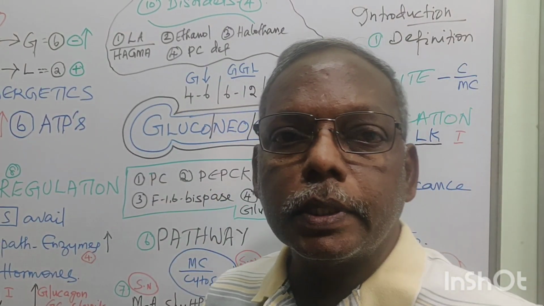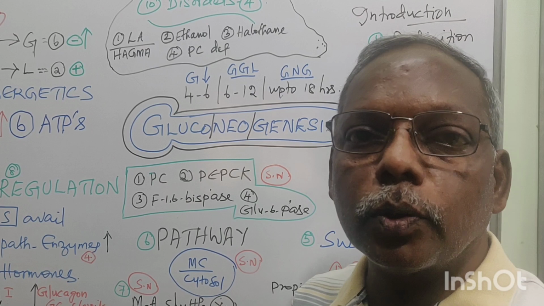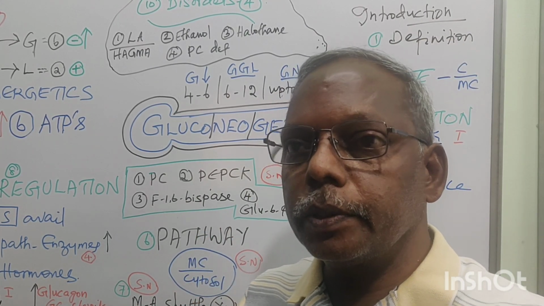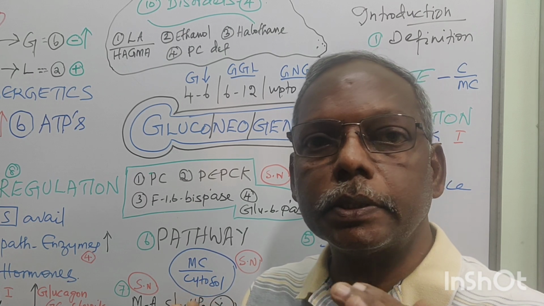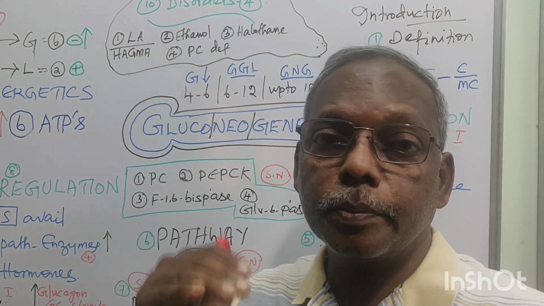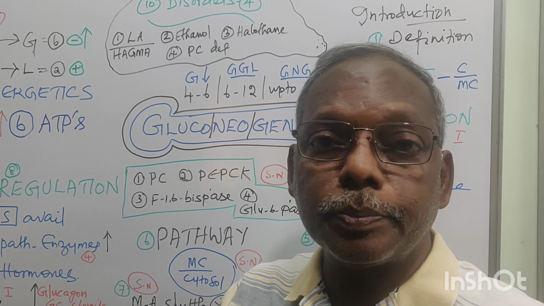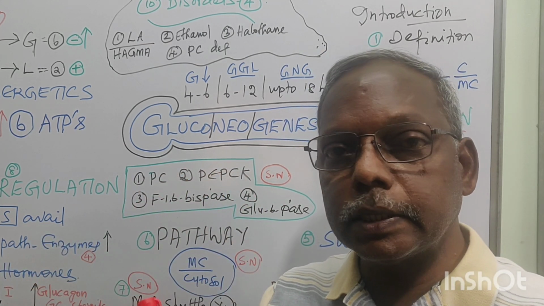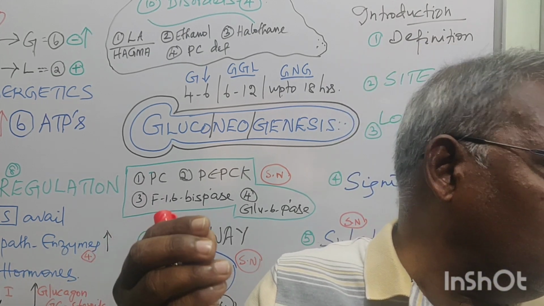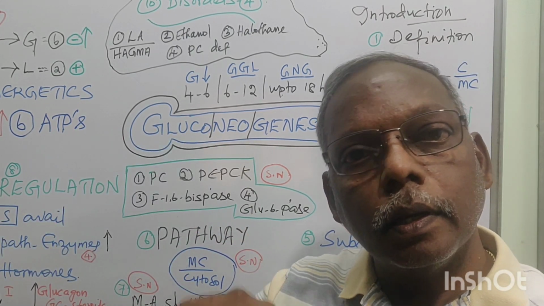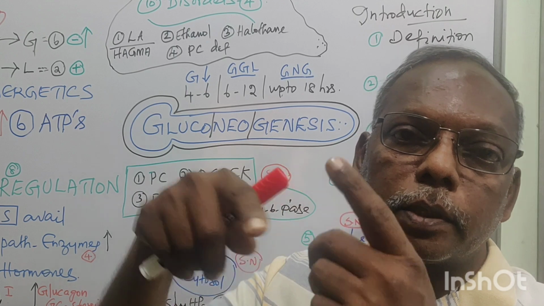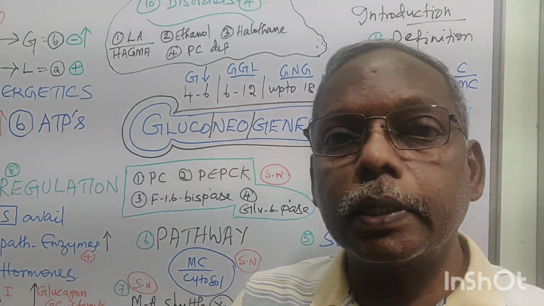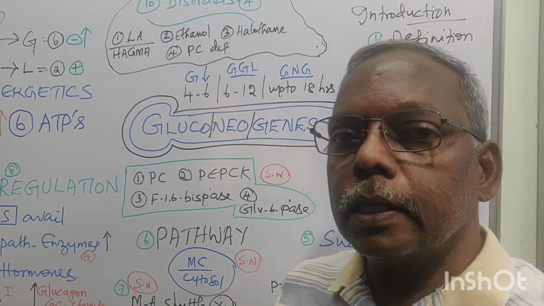Yes. Now the next step is the gluconeogenesis pathway. You have to draw the pathway very carefully because gluconeogenesis takes part in both compartments, cytosol and mitochondria. What is the initial product, where it is synthesized like cytosol, how it enters into mitochondria, and again how it comes to the cytosol and proceeds in the synthetic pathway. Like that you have to draw the pathway very carefully. I will explain in the next part.